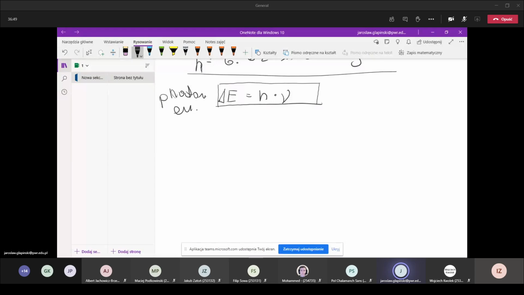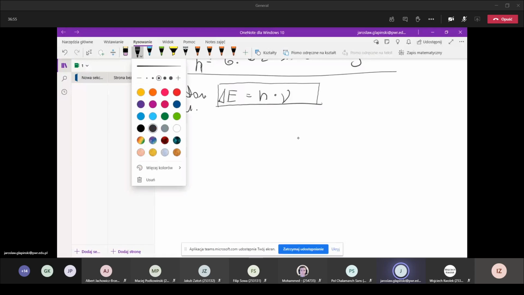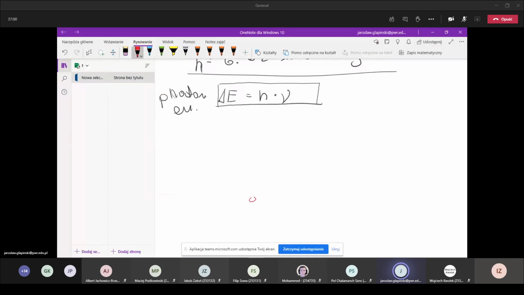There is also another interesting problem. If we've got an atom, this is the Bohr model, but never mind, we can use the Bohr model. We've got electrons on the last shell,